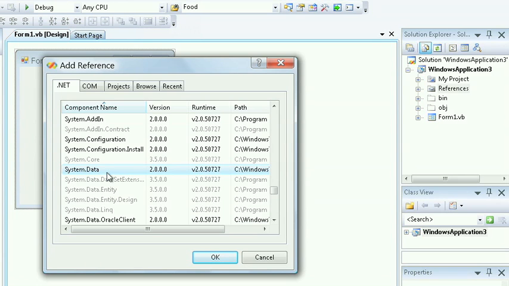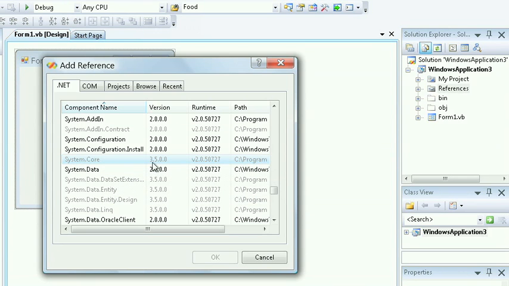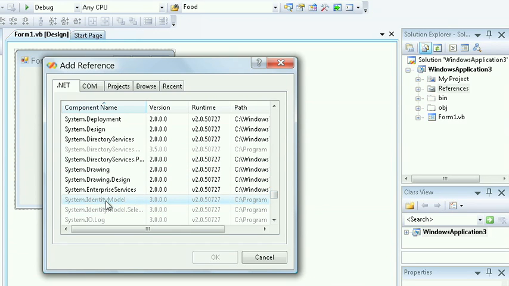You have system.data for working with data, system.configuration for setting up configuration options, but notice, some of the options are grayed out. They're grayed out because these belong to the Framework 3.5. If you scroll down, you'll see others that belong to the Framework 3.0. Visual Studio is smart enough not to allow you to add references to something that didn't exist when this particular version was released. So in this case, I'm working with a Windows application in the .NET Framework 2.0, and I can only work